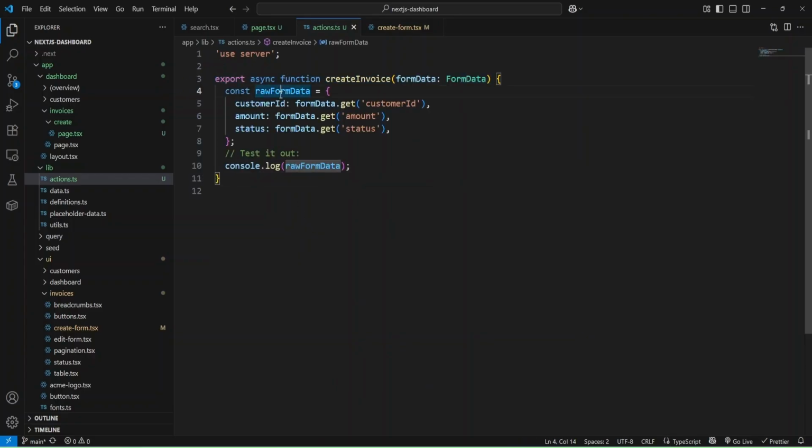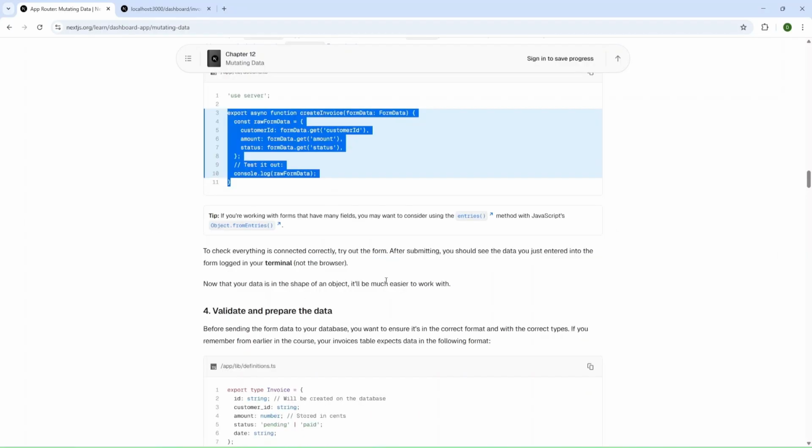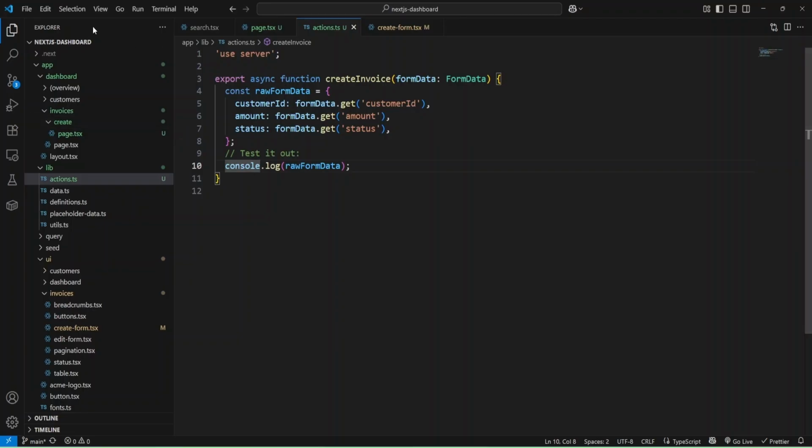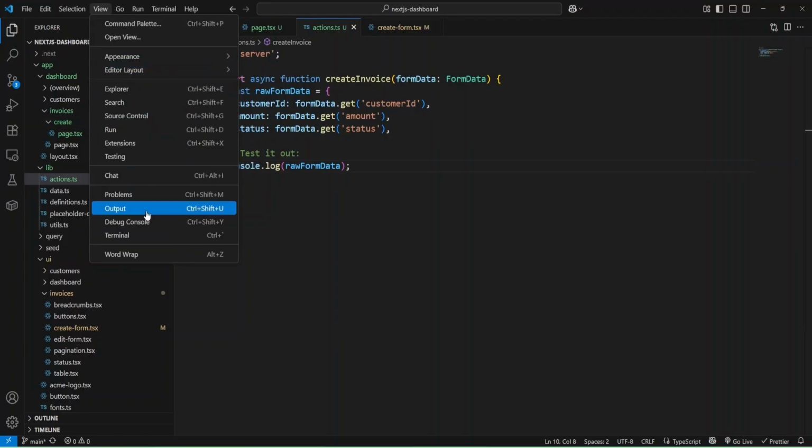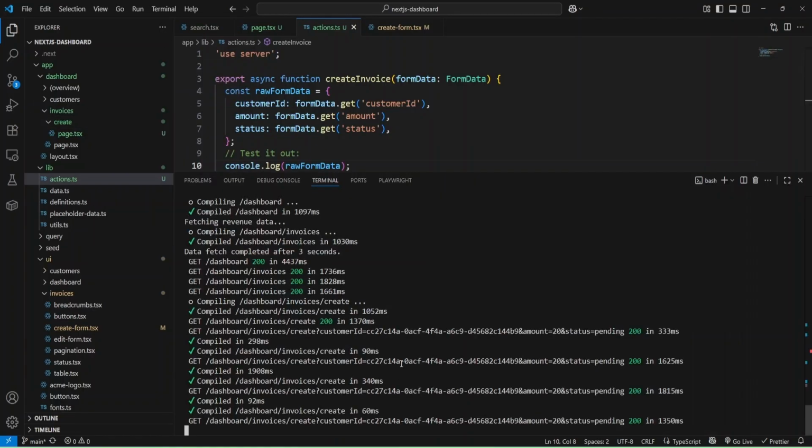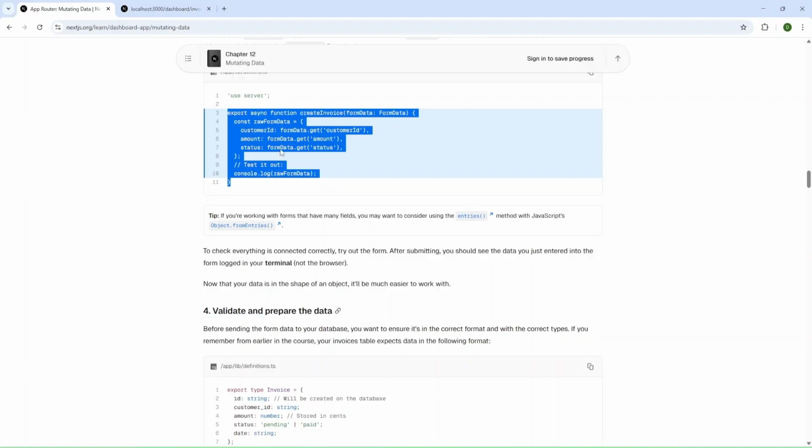And as you can see, we have some form data that we retrieved from form data object, I believe, and then we just provided it to console. And now they propose to check. Okay, and let's open terminal and check our code, what we have inside console.